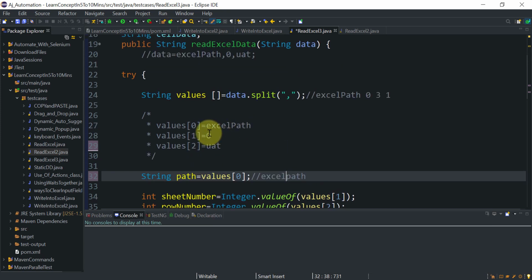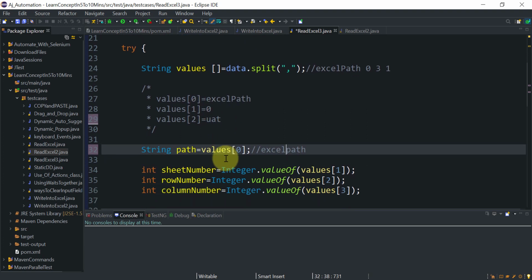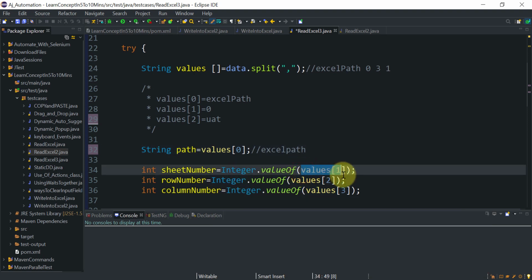We have passed 0, but it is a string, so we are converting this 0 sheet index into integer format using Integer.valueOf of whatever value is available at value 1, nothing but our sheet index. So here we will get the first sheet index.